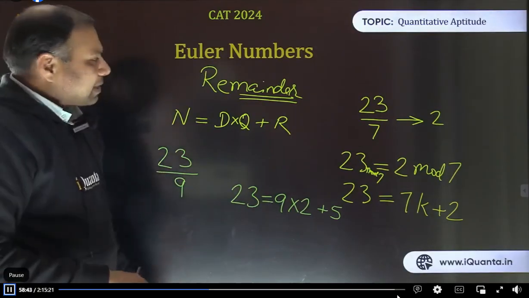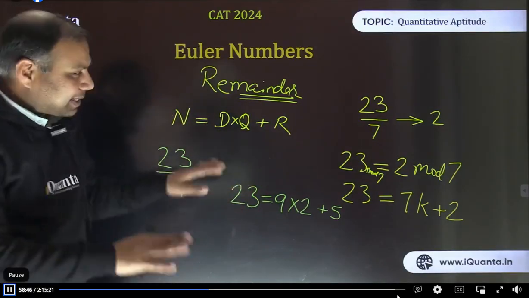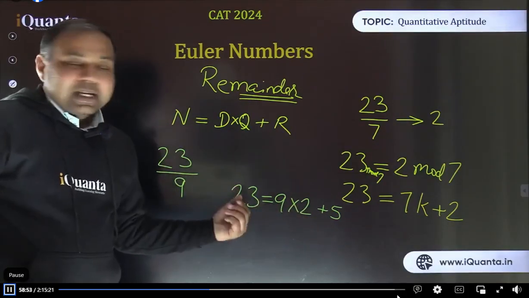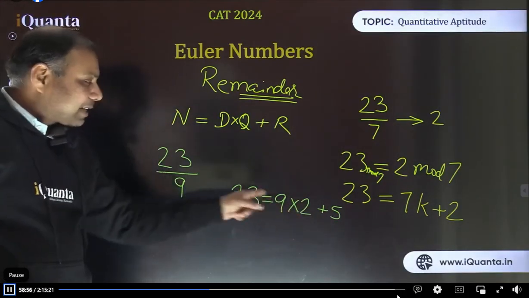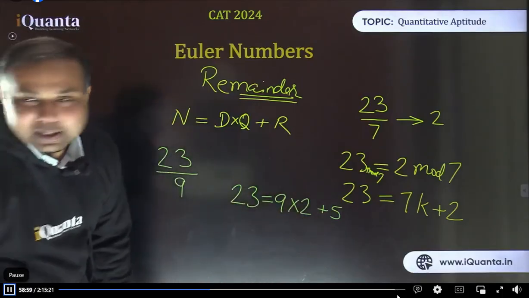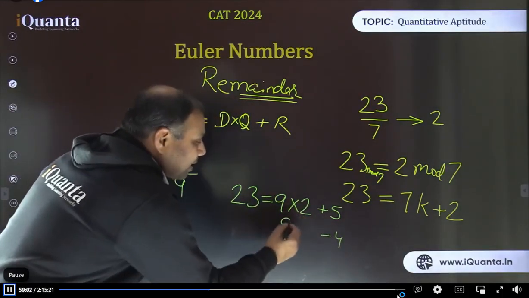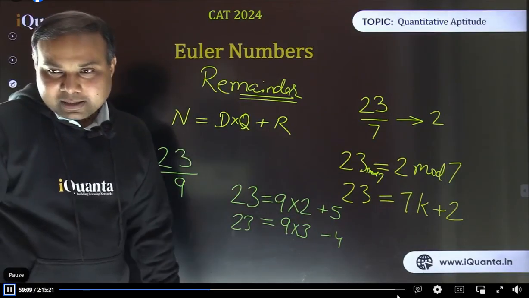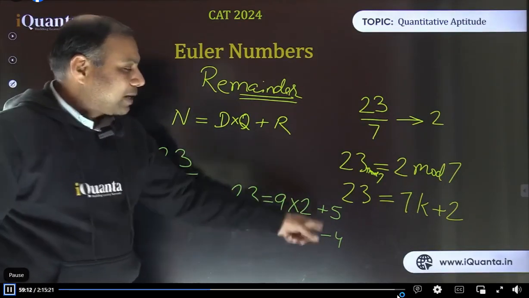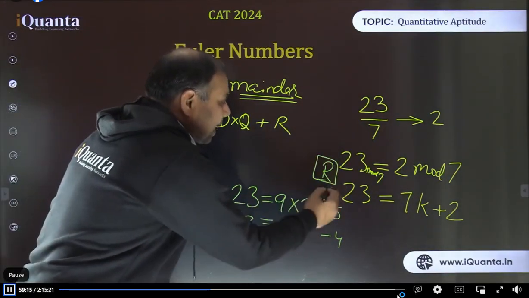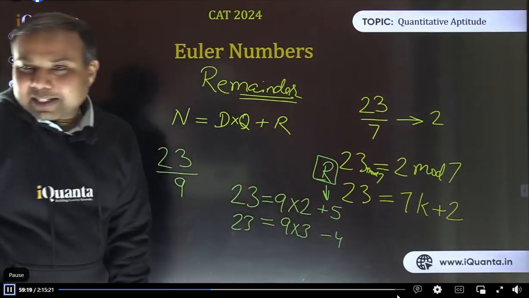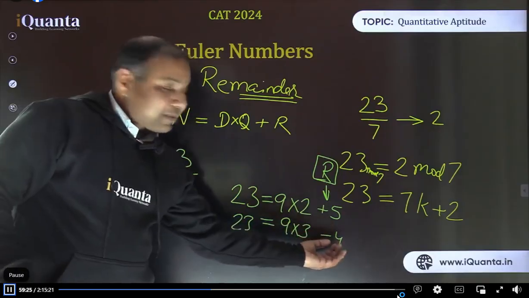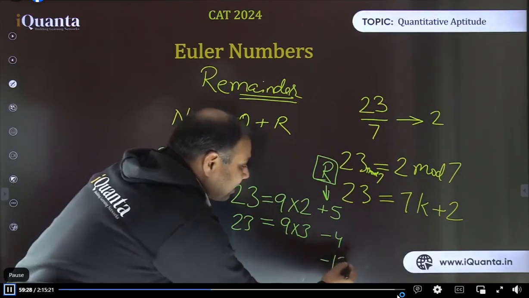But for our calculation purposes, we are going to do large calculations, so I'm just making the base for that. This is a very simple thing. So this 5, if I need to make it negative, what do I need to do? I need to subtract the divisor, 9, from it. So that will make it minus 4. That's true. Because it becomes 9 times 3, which is 27, minus 4. What's the difficulty in that? Because I'm not asking what the quotient is, I'm just looking at the remainder. So this remainder can be plus 5 and it is the same as minus 4 as well. Now see one more thing. Why minus 4 only? I can subtract 9 again from this, so it can become minus 13 as well.